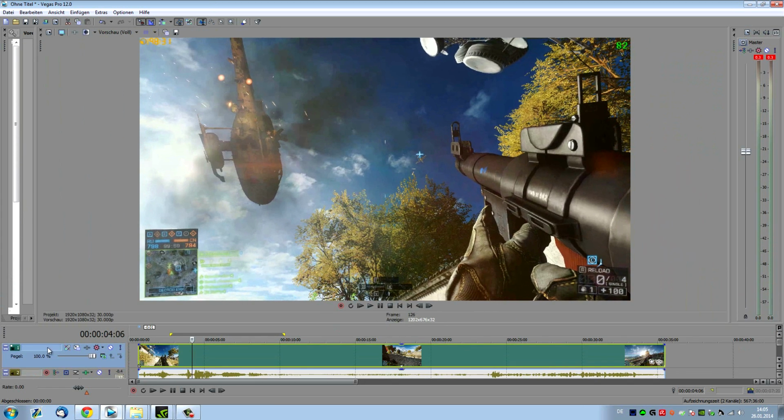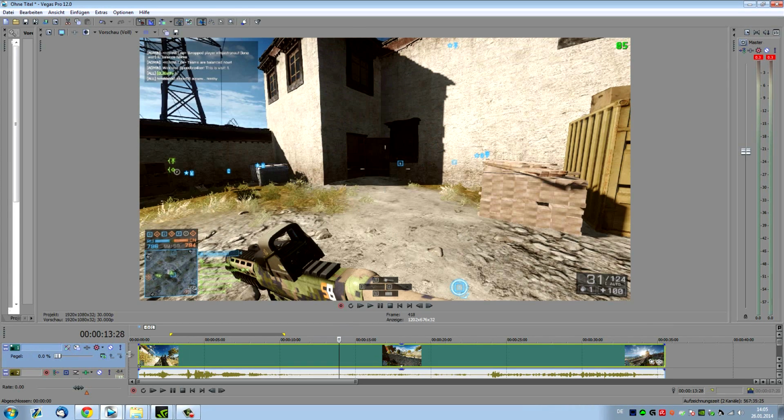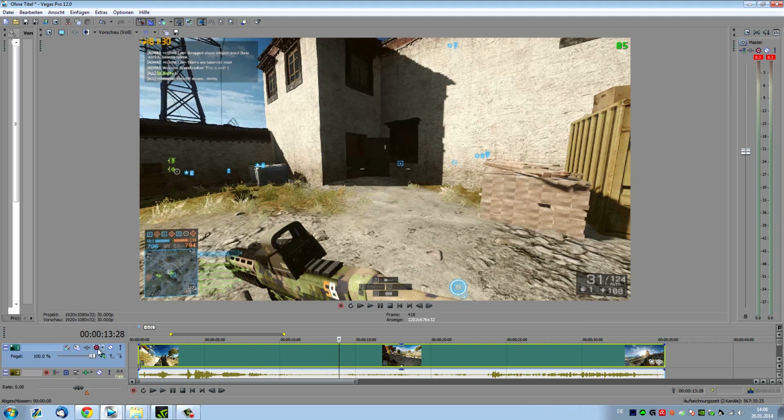And as you can see, we've got the ShadowPlay recording here, and this is the Dxtory recording. Now, the ShadowPlay recording is somewhat less vivid in colors, if you compare it. It's a little bit more dull, a little bit more whitish, but with proper color correction, you can basically just make it look pretty much the same as the Dxtory recording. If we compare quality-wise, it just looks pretty much the same. Like, if you're looking on the ground, the rubble and everything,